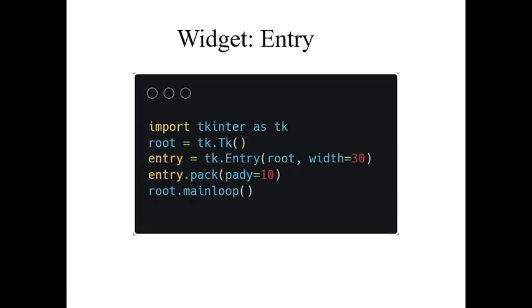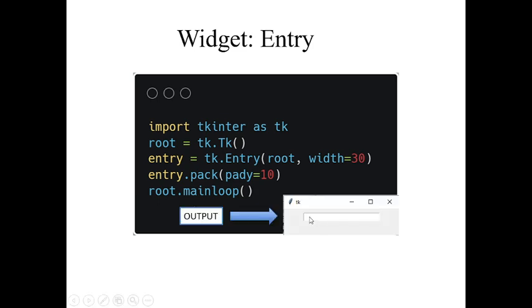The next widget is the entry widget, again the same process: import the library, create an instance of the window, then use the Entry class to create this entry text box, and for that just pass as a parameter the window in which we want to insert this entry. Then mention the width of this text box and the position in the window, and in the last again the same mainloop to keep the window alive.